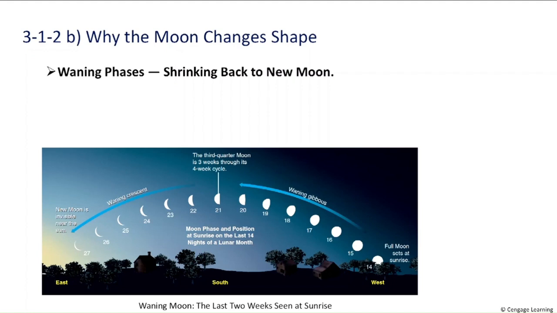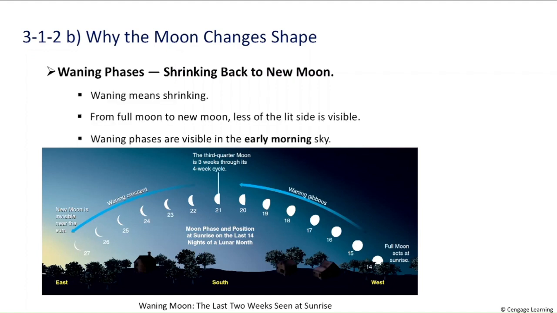Now let's follow the moon during the second half of its cycle, the waning phases, when it gets smaller and heads back towards new. So waning means decreasing. After the full moon, we start to see less and less of the illuminated side until we return to new moon. And the cycle starts again. Unlike waxing phases, waning phases are best seen at sunrise. If you are an early bird, you will spot the moon slowly fading and shifting closer to the sun each